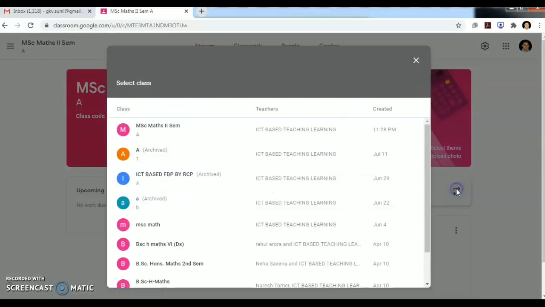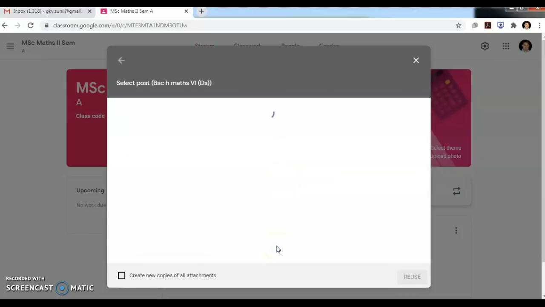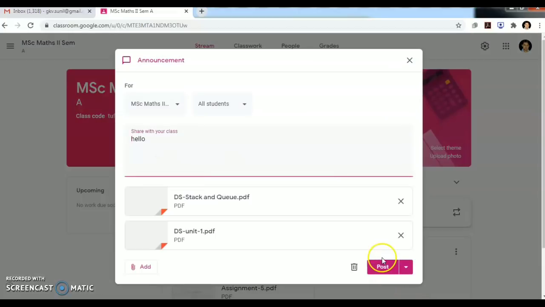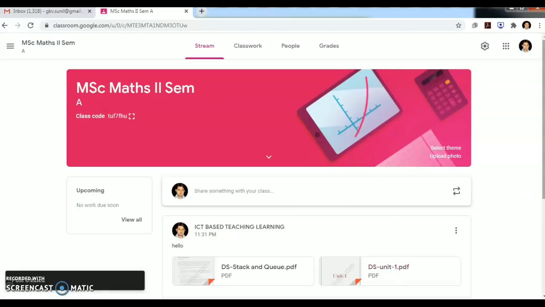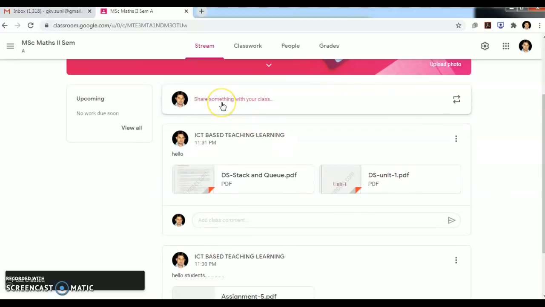If I click on this again and I click on this, I can reuse it. As we can see, it is saying reusing. Share with your class. These are the documents in that post. I can post all these documents. So from here we can communicate with our students and can share documents to our students.